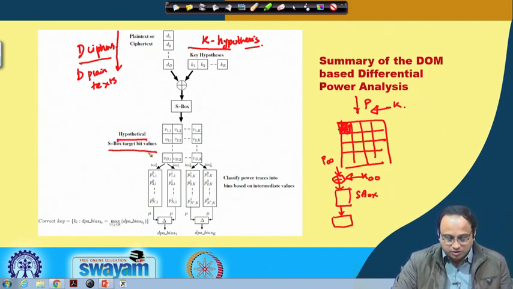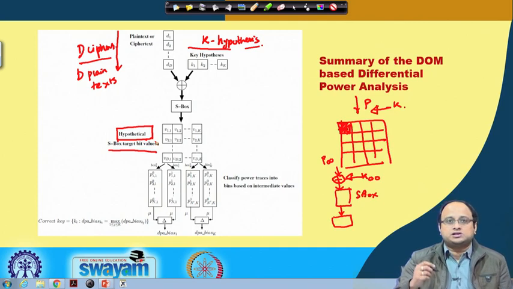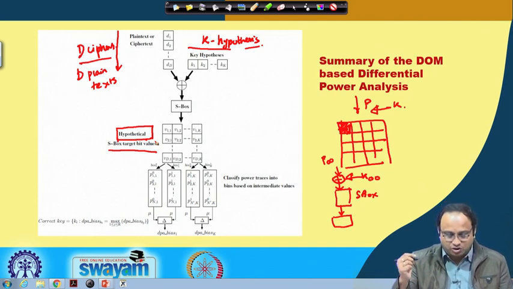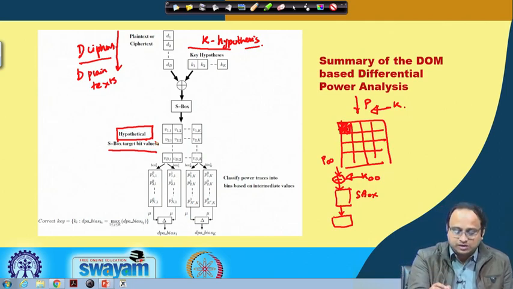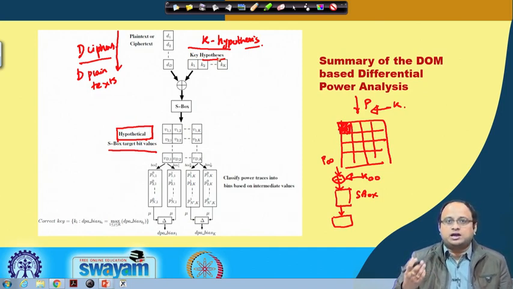It is interesting that we have used this word hypothetical, which will probably make more sense when we discuss the next attack method, called correlation power attacks. But this is a term which we can use in a more generic setting. The reason why I am saying hypothetical is because it depends upon the key hypothesis. Whether your hypothesis was correct or not, depending upon that, your bit value will be correctly estimated.